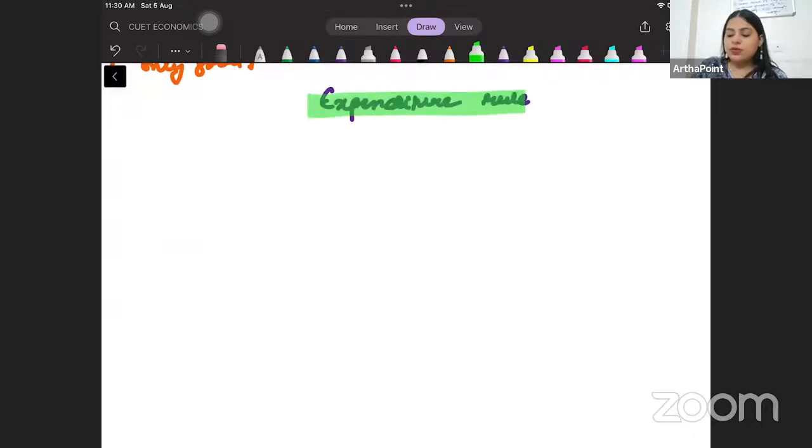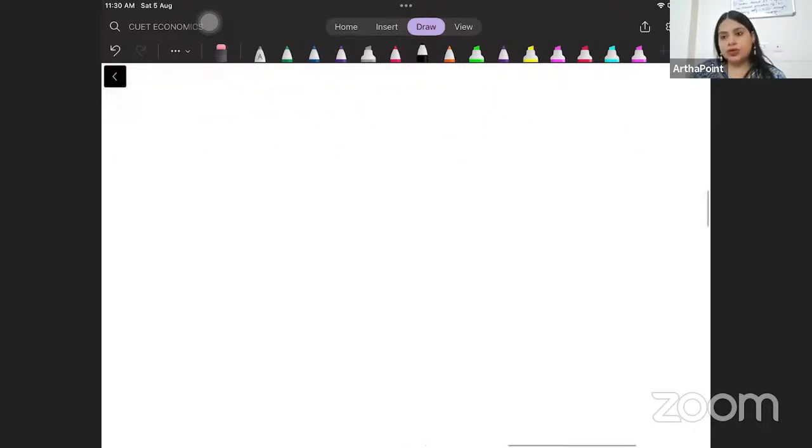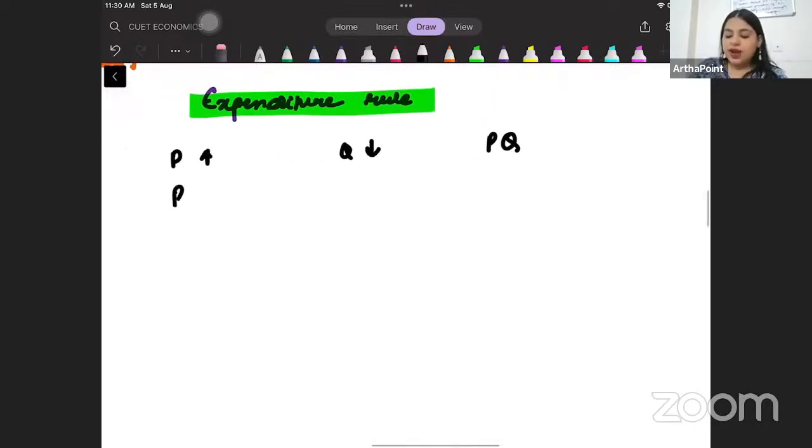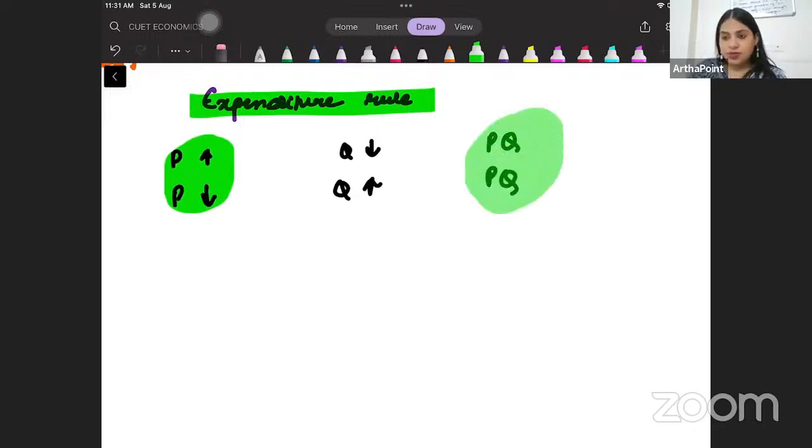It says the following. When price increases, of course, quantity will decrease. Expenditure is price into quantity, right? When price decreases, of course, quantity will increase. Expenditure will be price into quantity. So we are saying that if price and expenditure move in opposite direction, price